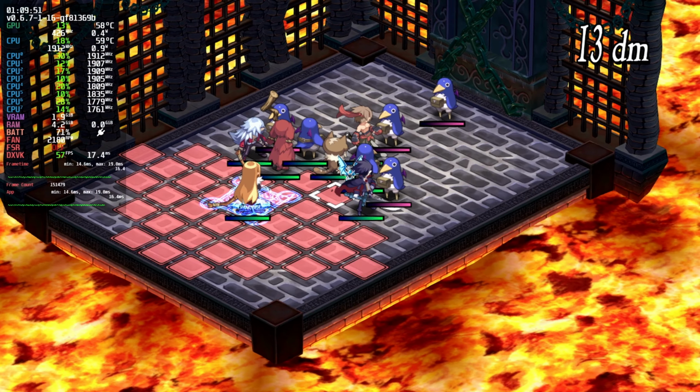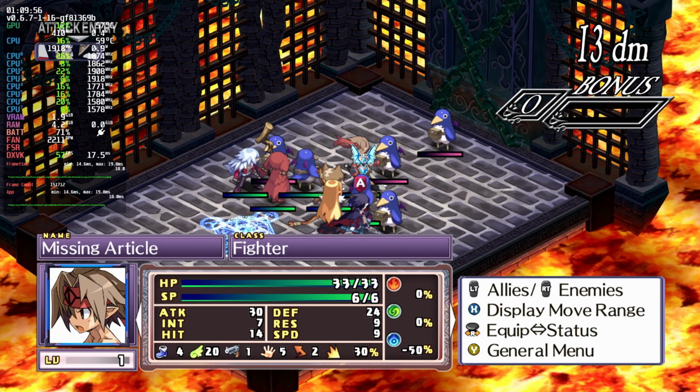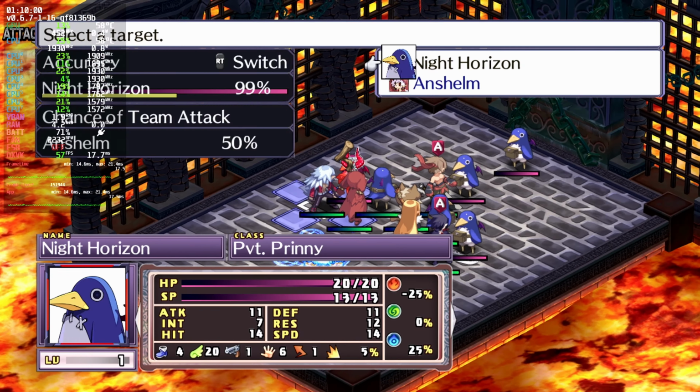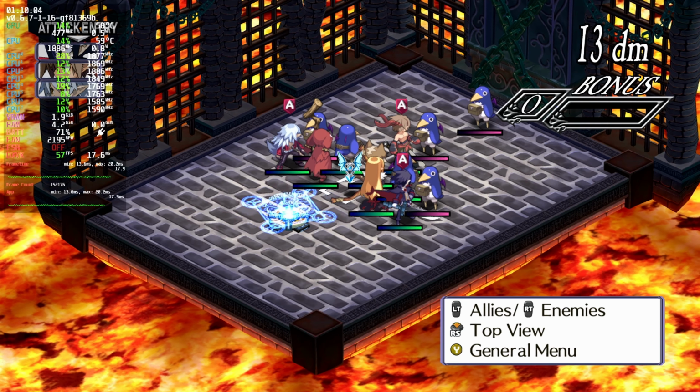Disgaea 4 offers the biggest jump in graphics. All of the sprites are high resolution, and as a result look significantly better. And Disgaea's gotten way more complicated since Disgaea 3, so if you jump from Disgaea 2 to Disgaea 4,